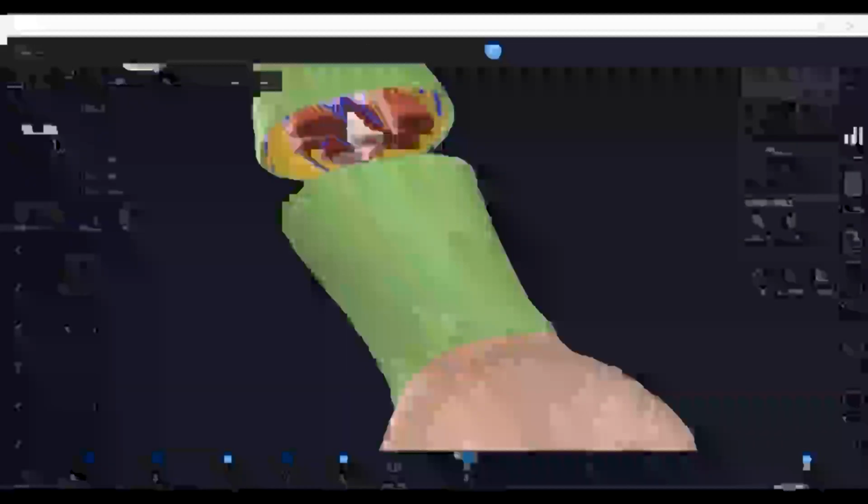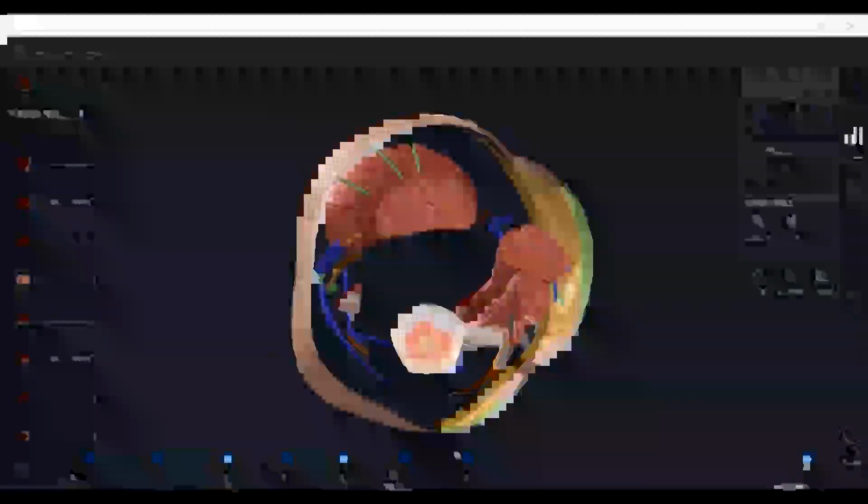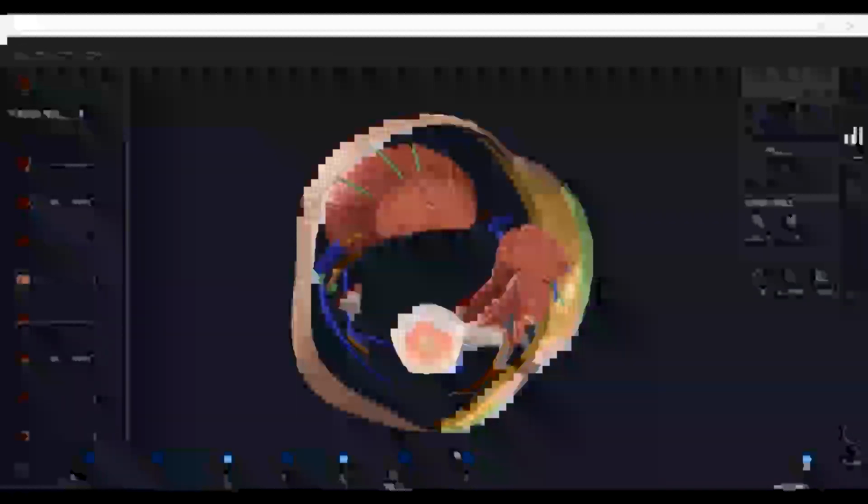So like this for the abdominal, if you take any region, there is one option called a cross section here itself. So they themselves have given the cross section at various levels. Like if I go here, they are already there. I think some of the structures got cut, but if you take a whole upper limb or a lower limb and go to that particular thing, the cross section is already available. Near the left side, near the info box, there is a cross section. If you click here, the cross sections are there.